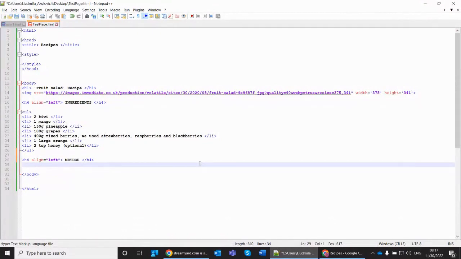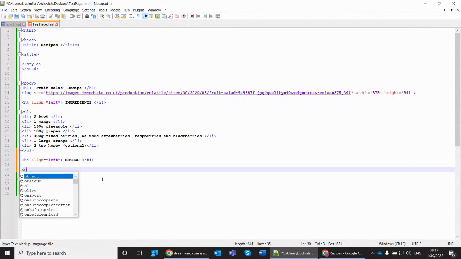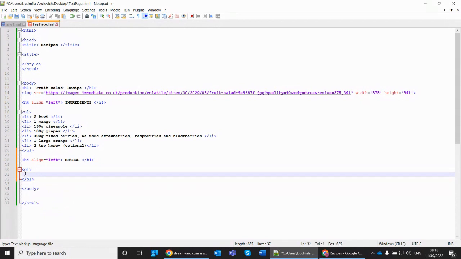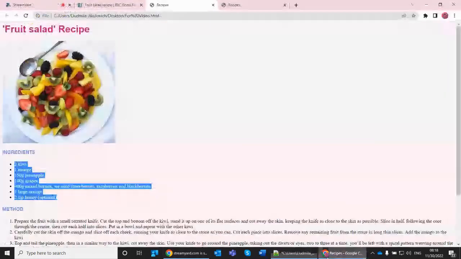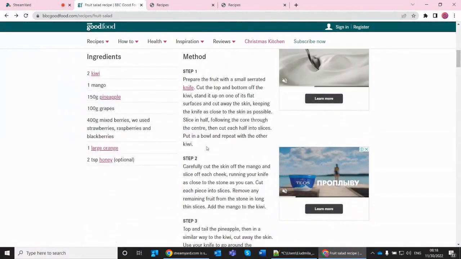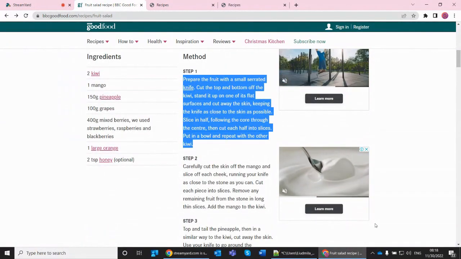And to create an ordered list, we will use the OL tag. So for sure, close the ordered list. And here I will add the steps of my method, and the system will be pretty much the same. List item, like open the tag, then I will go to the page with the recipe and copy paste steps